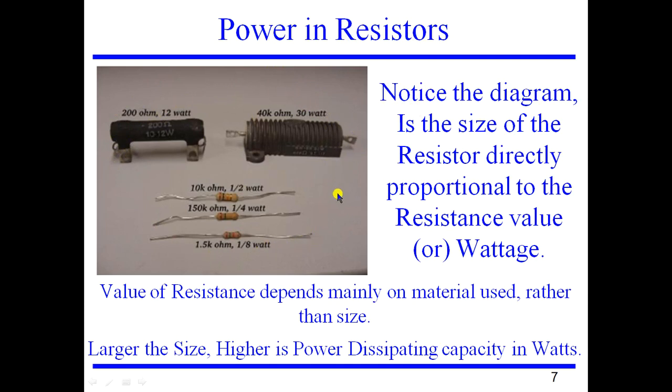When the sizes are different, do you understand that the resistance is going to increase according to the sizes, or is it the watts that is going to increase according to the size? So the power dissipation is what I mean by watt over here. So the power dissipating capability depends on the size, or is it the resistance that depends on the size? So this is what I've asked in this question. Is the size of the resistor directly proportional to the resistance, or is it depending on the voltage?